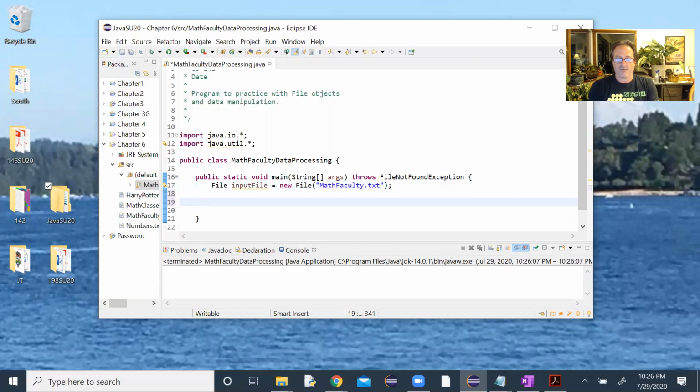Okay, so then what I want to do is I want to use a scanner to read from that file. So we're going to create a scanner, and let's call it input equals,